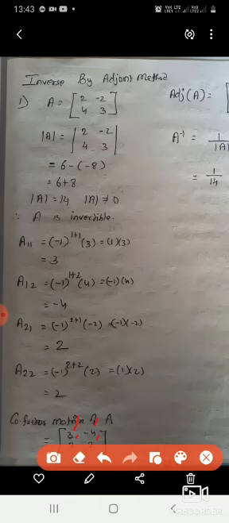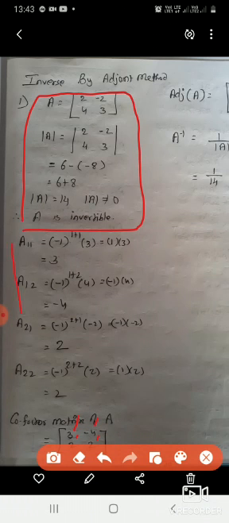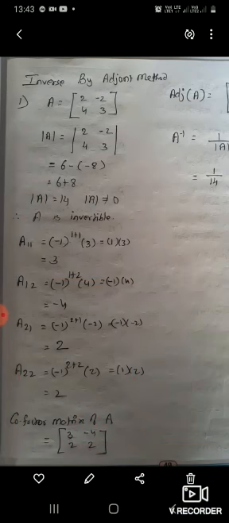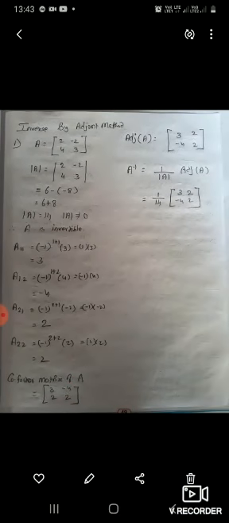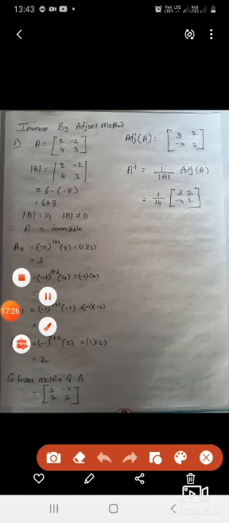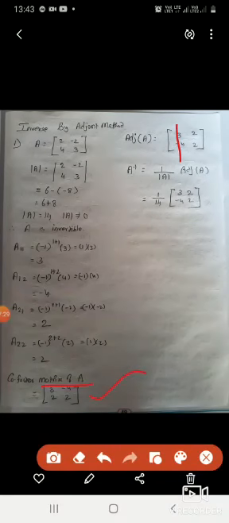Now listen, the cofactor matrix is over. That means the first part is whether it is invertible or not. Second part is the cofactor. Third part, adjoint, I have to find out. To find the adjoint of the matrix, we have to take the transpose of this matrix. So first row will become first column, second row will become second column. It is the adjoint. Now next, A inverse is equal to 1 upon determinant of A into the adjoint. Just applying the values we have found, you can get the answer. Now the same for a 3 by 3 matrix.